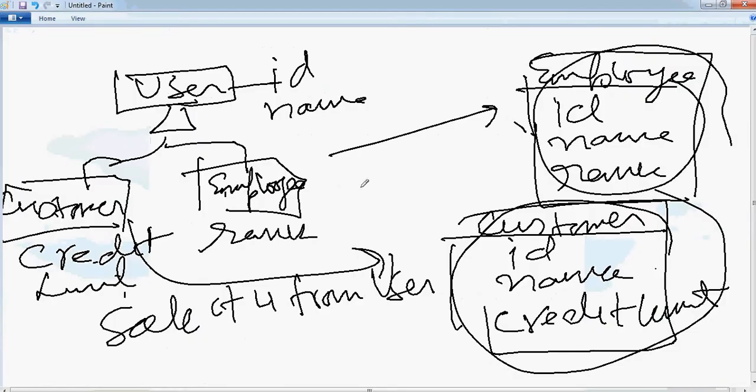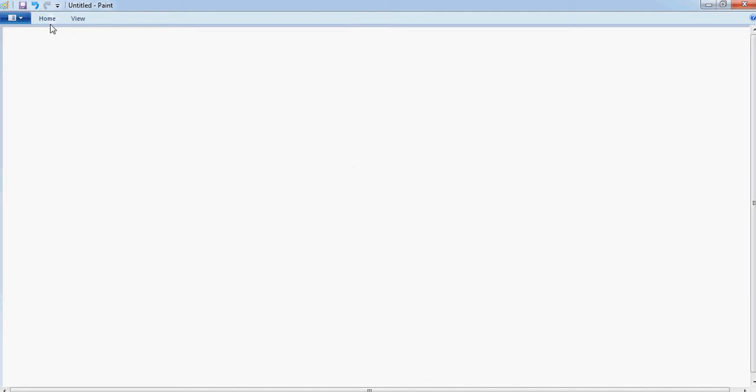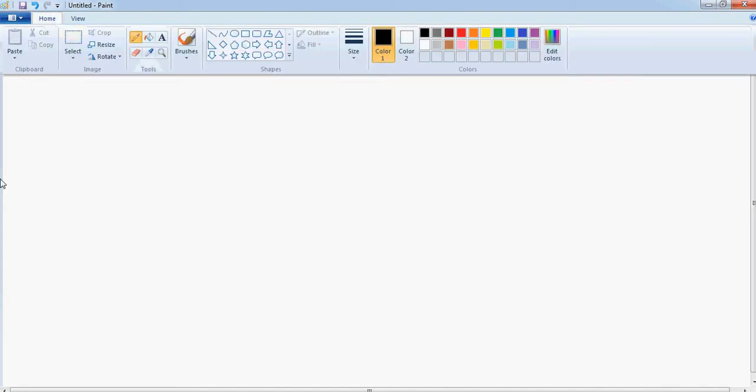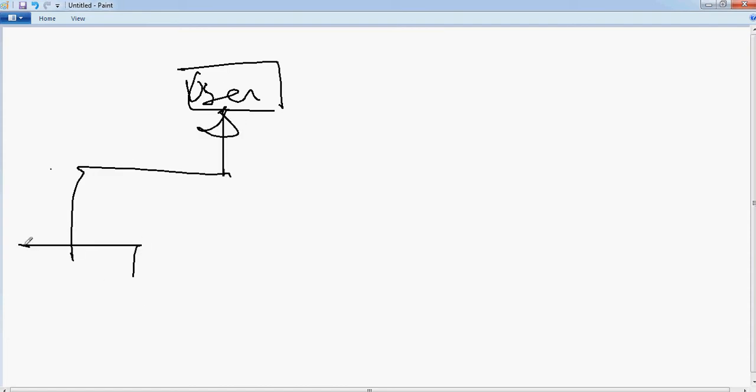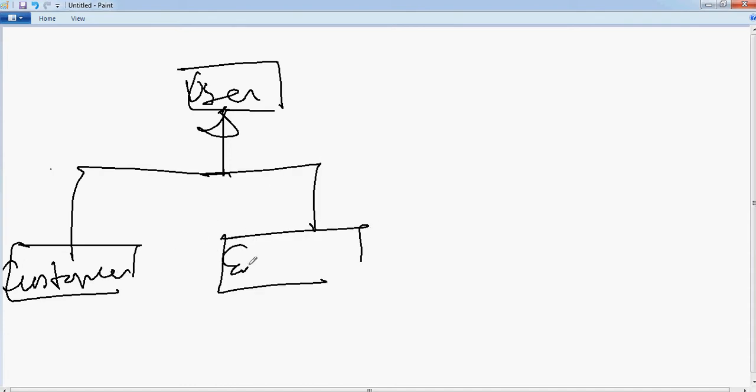So if we look into this, the way it would look like is that you have got this, let's say again user and customer and employee. So this was our table structure.